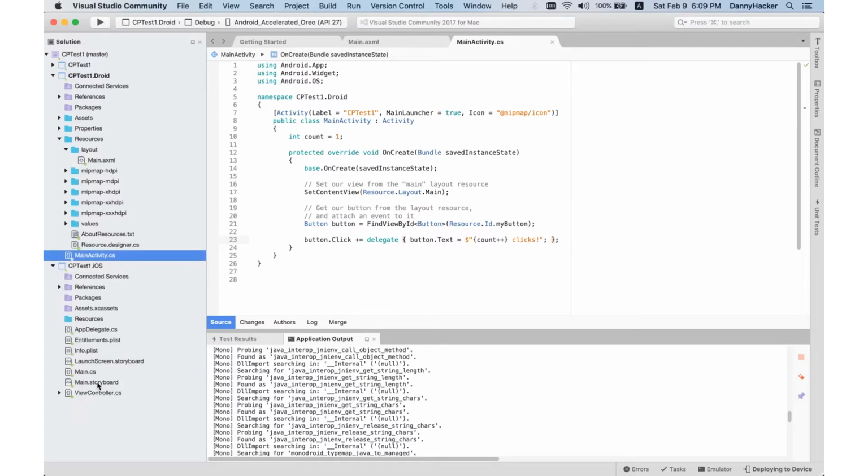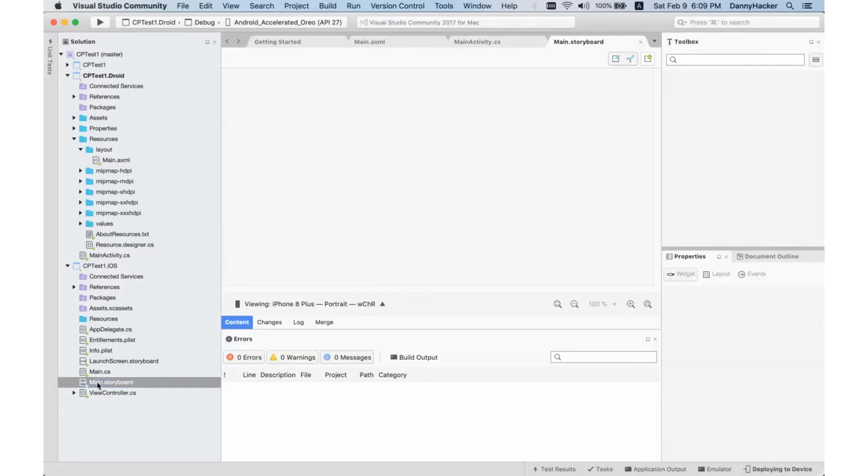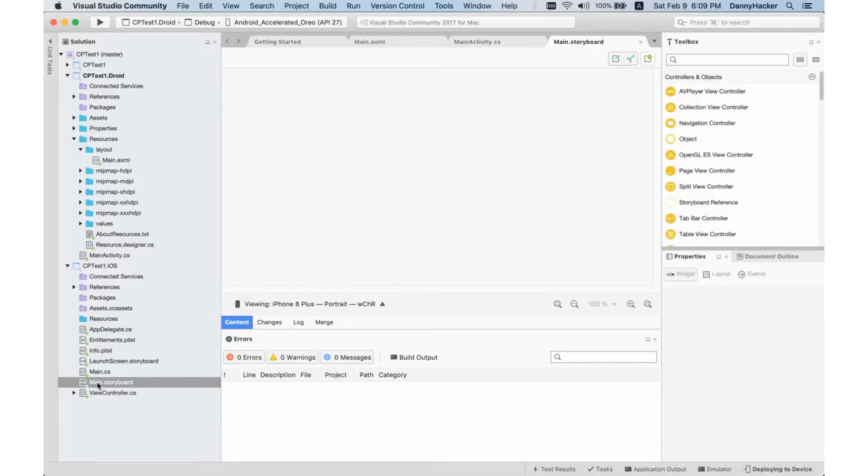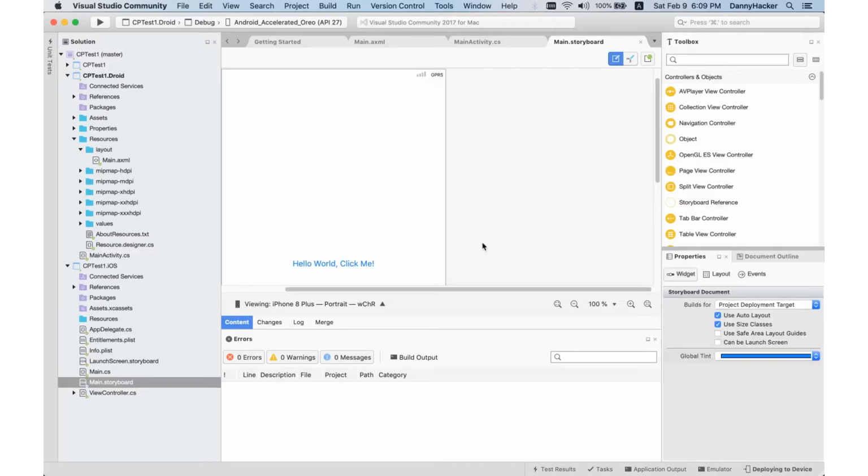On the iOS, you have a very similar setup. If you go to the main storyboard, click, it'll launch the storyboard, which is very similar to what you'll see on Xcode for the storyboard there. It uses the basic engine. Obviously, it has a C# flavor instead of the Swift or other languages supported in Xcode. And if you notice this GUI, the look and feel on the buttons are what we saw on the iPhone